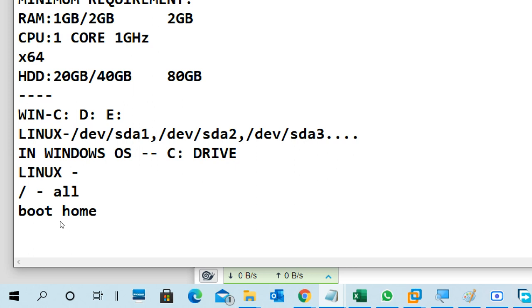Home means the users' home directories are there. Root is the root user's home directory, as root is the administrator of Linux.